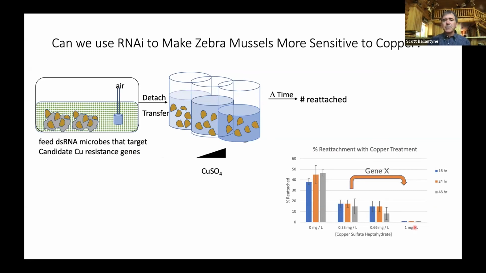And the reason that's interesting is because there's great work going on right now by Diane Waller and Angelique Dahlberg, where they're actually testing copper in infested lakes. Right? So they're talking about using this in low doses to treat infested waters. And we might be able to, with RNAi, make that work even better. By better, I mean more specifically in allowing them to use less copper.